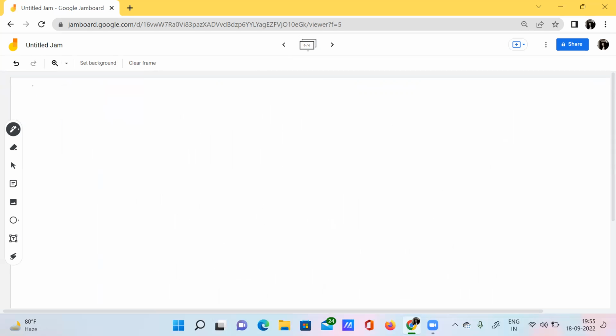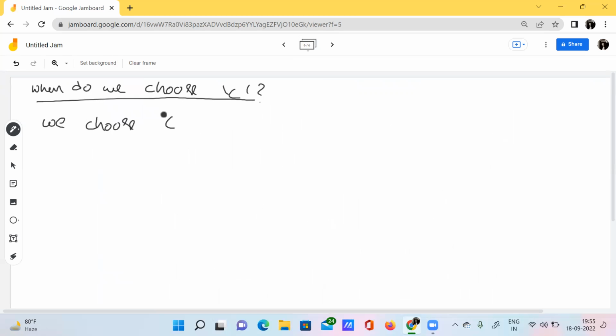So when do we choose the tuning parameter C? We choose C in cross validation. In cross validation, we will use this particular tuning parameter.